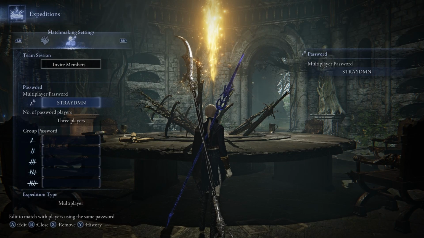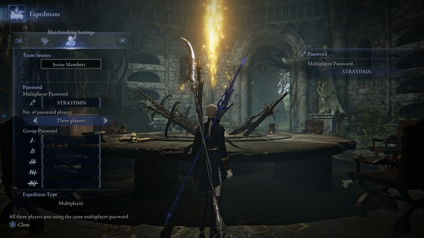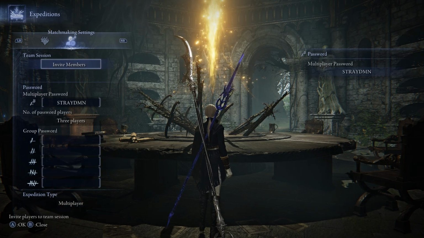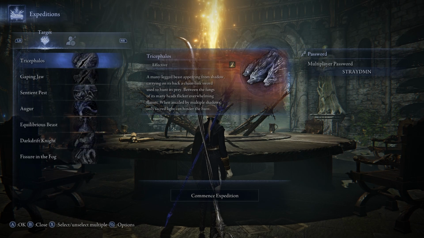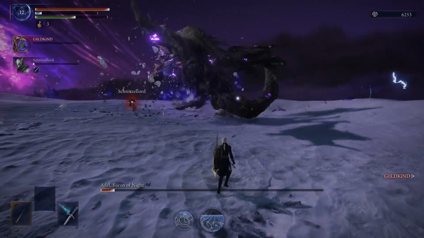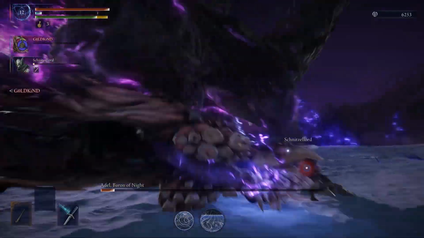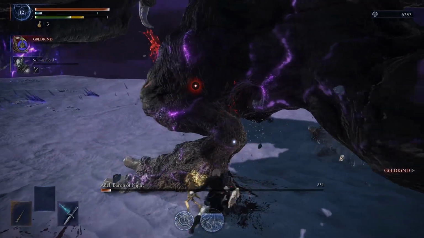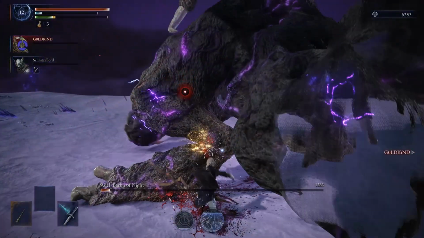Now, what this does is match you with players from the Elden Ring Nightreign subreddit. These are likely to be more high-level players, and these are going to be players who know exactly what they're doing. I mean, more often than not, they will give you a much better experience. Playing with randoms is fine, but sometimes they don't know what they're doing. They don't always play as a team,